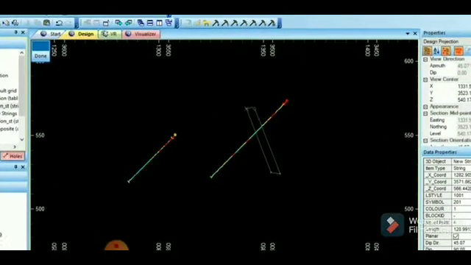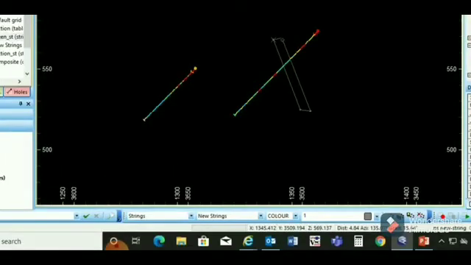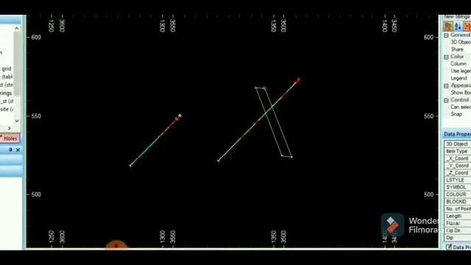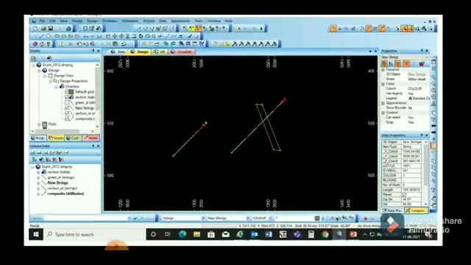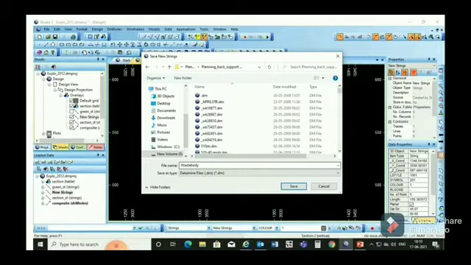Here we can see how we digitize our waste body according to its dipping. This process will apply on all the sections. After completing all the sections, we will save the new string object and give the name like waste body.